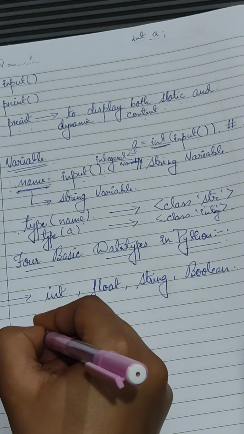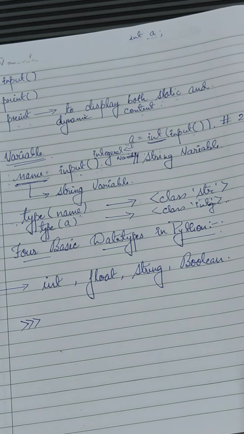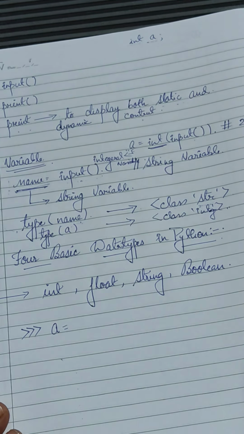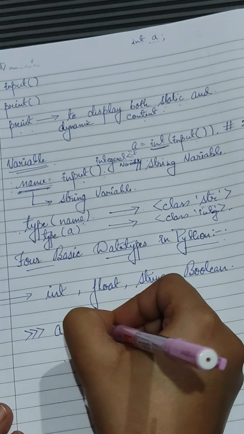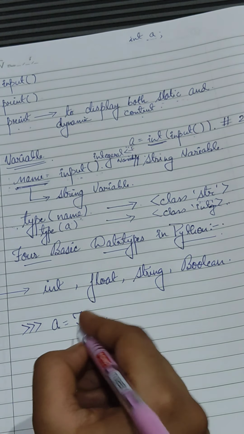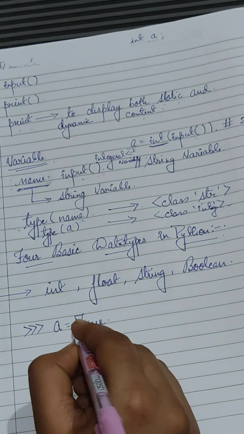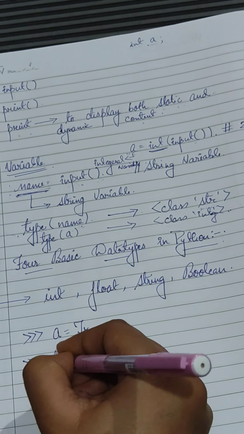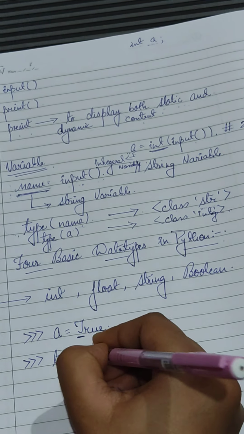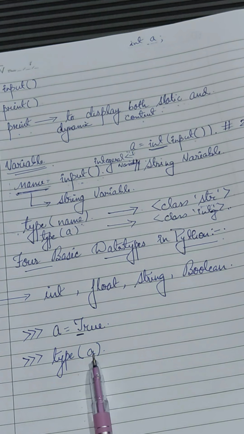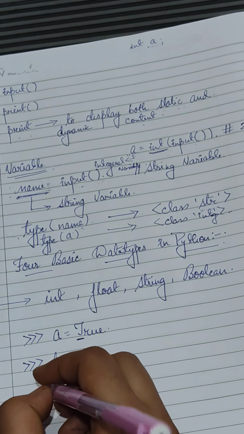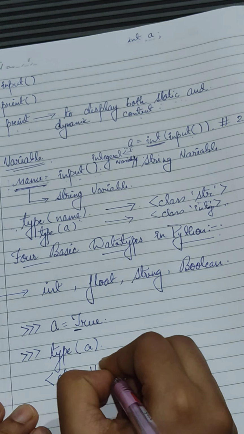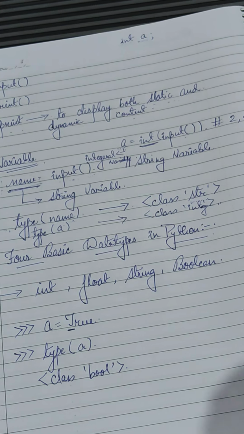Fine. So this is the symbol that we are inside Python, right? Here I had written a variable a which I initialized with True. Note that in Python the T of True must be a capital letter. So when we check the type of this variable a, what should come? Of course the boolean class. So the class will be bool, okay. Bool means it is a boolean class, right?